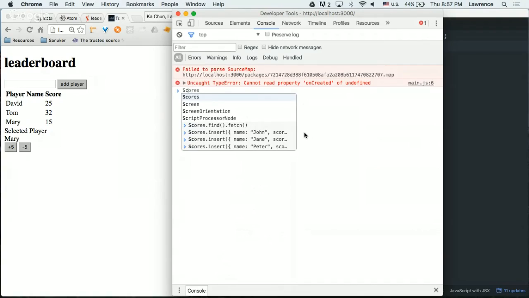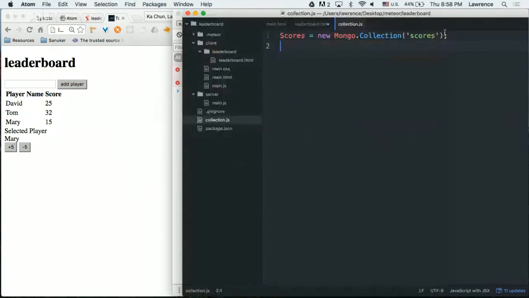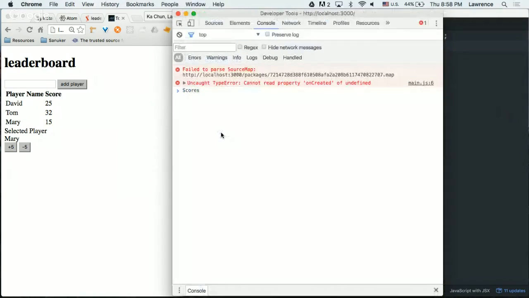If it doesn't, that means you might have typed something wrong in this statement. Hopefully you didn't. Try just Scores and then press enter. If you see something like this, that's fine. If it says Scores is not defined, that means you typed something wrong. Everyone see this, right? That doesn't mean anything.